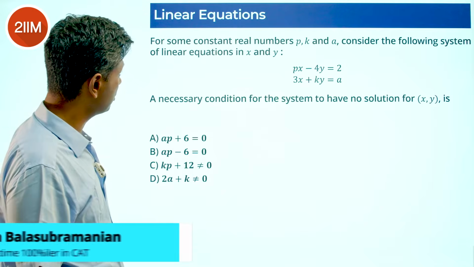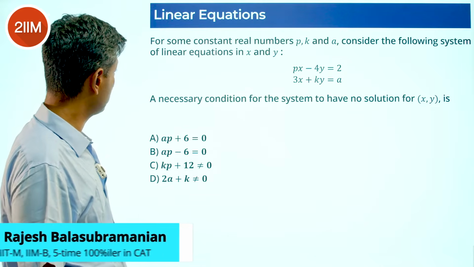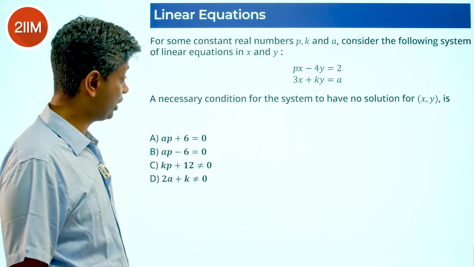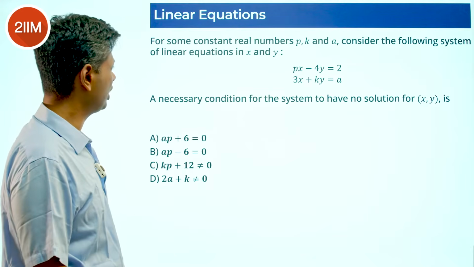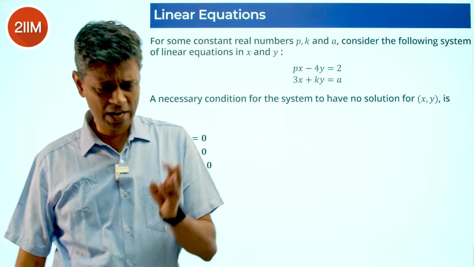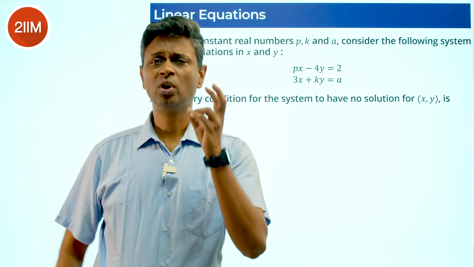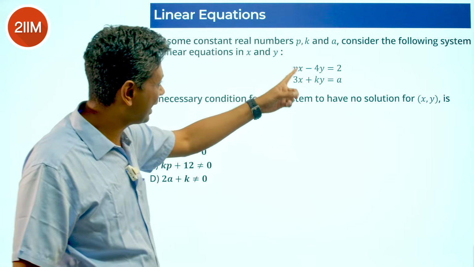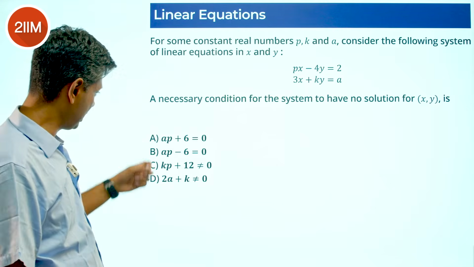For some constant real numbers p, k and a, consider the following system of linear equations in x and y: px minus 4y is 2, 3x plus ky is a. A necessary condition for the system to have no solution. Direct application of a rule, a1 by a2 is equal to b1 by b2, not equal to c1 by c2. Fine. There is p, k, a, something linking a and p,